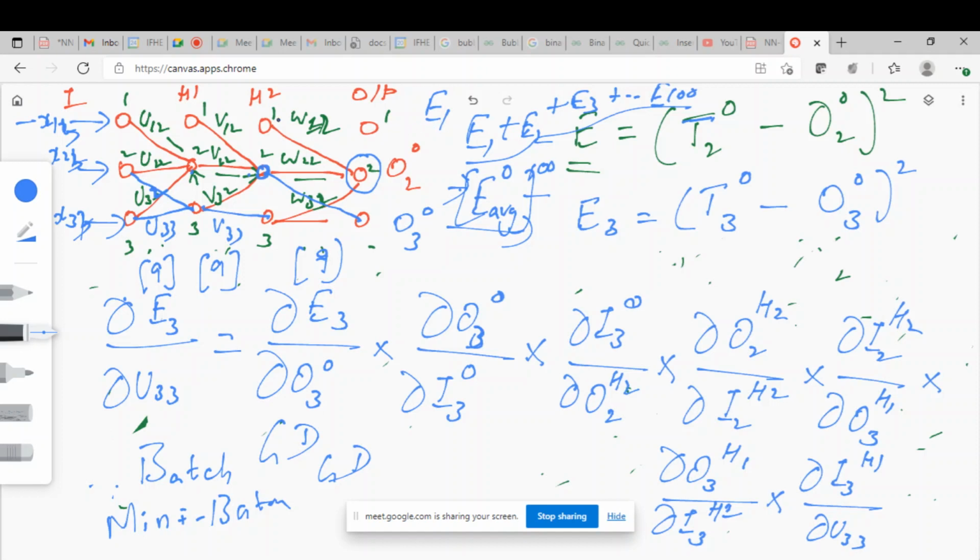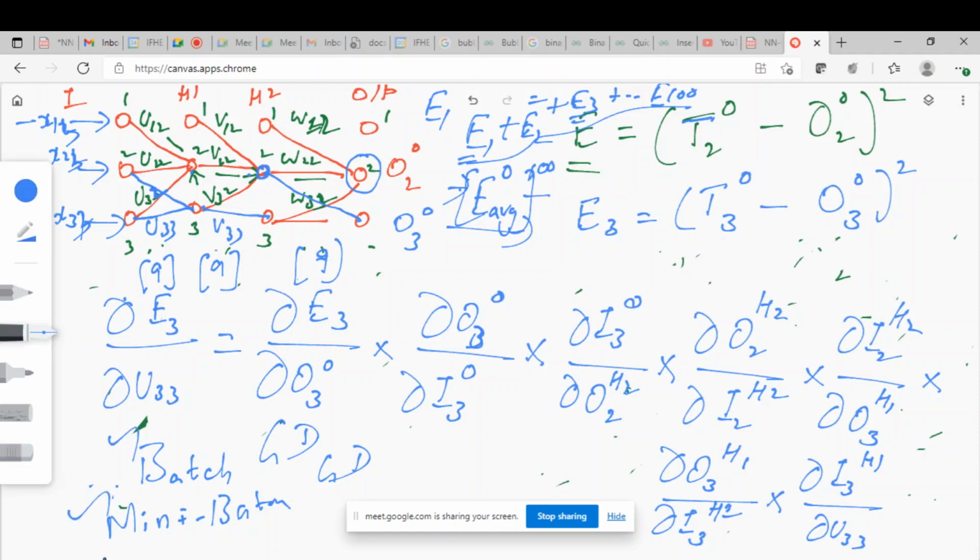For batch gradient descent, what do we do? First input, what is the error? That is E1. Second input, what is the error? That is E2. Third input, E3. Like that you take the error for all the inputs. First we are only checking the errors, we are not updating. Take the average of all the errors and at a stretch go for back propagating. Our objective here is to reduce this average error. That is batch gradient descent.